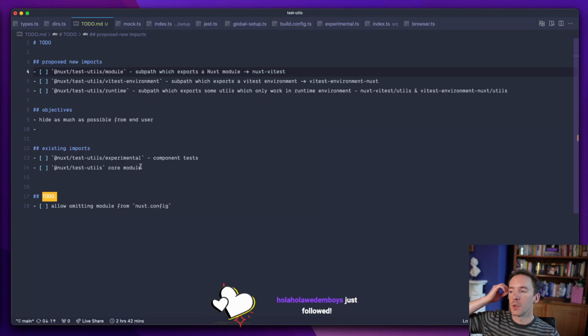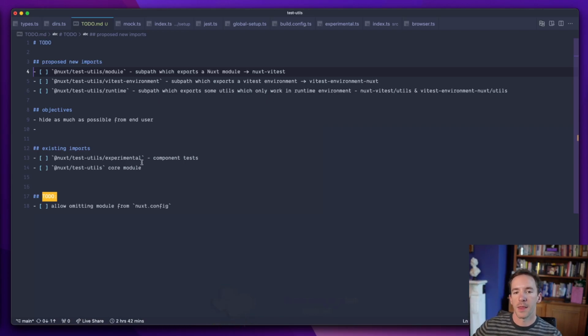And so if there's a way we can simplify that, which is also why we're merging it, right? We're merging it to make it simpler so people don't have to juggle so many things. So I don't think, I think we're going to need to have